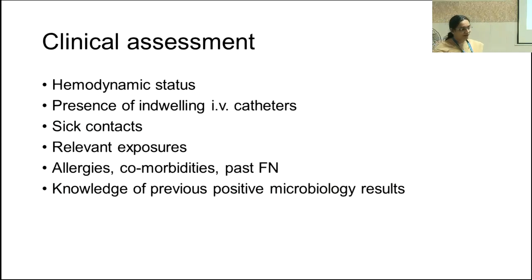And clinical assessment, I think all of us will know how to do it, but some things which we can ask for is a history of sick contact to know whether there is a possible viral infection. Relevant exposures, in India, very important to know where they are living, what they are eating, where they traveled, everything is important. All of them will have some implication in your management. And again, knowledge of past microbiological reports. Anybody who has already had an MRSA, important to know because every time they get a febrile neutropenia, you might have to consider covering for that. So these things are very important.